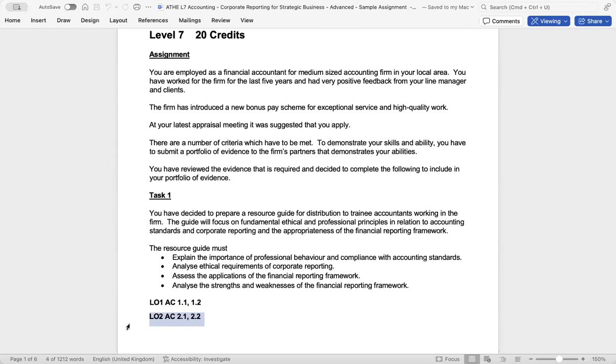So, finally, formatting and submission, to ensure your submission meets the requirements and is presented in the proper format. Prepare your assignment documents using Microsoft Word or another word processing software. Format your documents according to academic standards, including a clear title page with your name, course details, assignment title, and submission date. Organize your assignment into sections corresponding to each task with clear headings and subheadings for easy navigation.